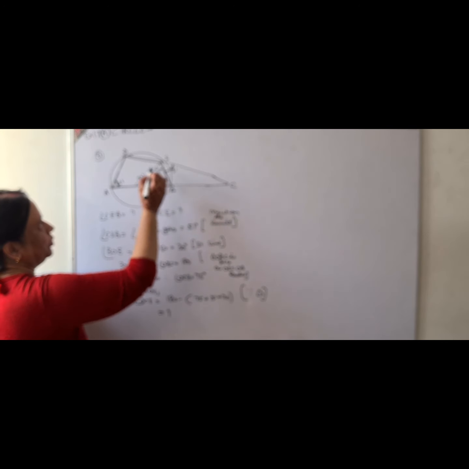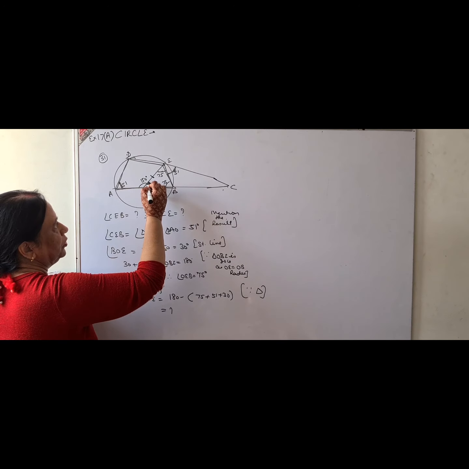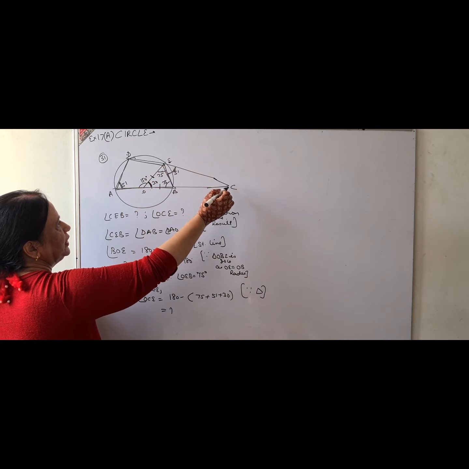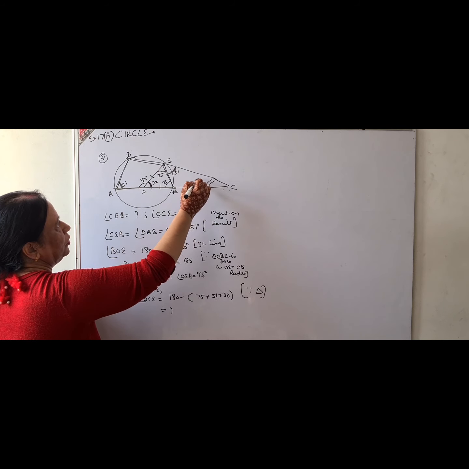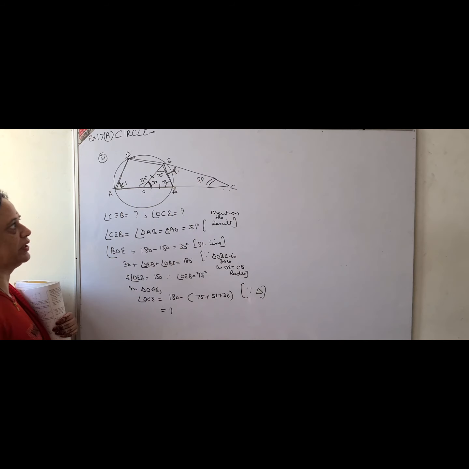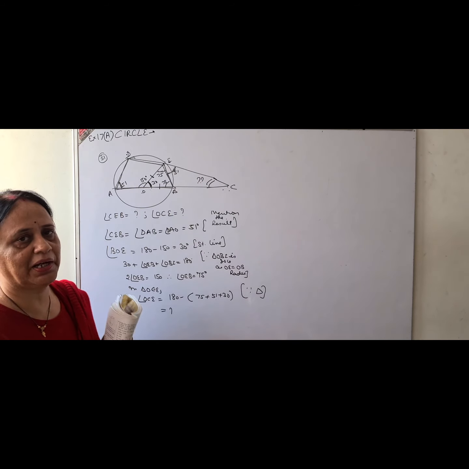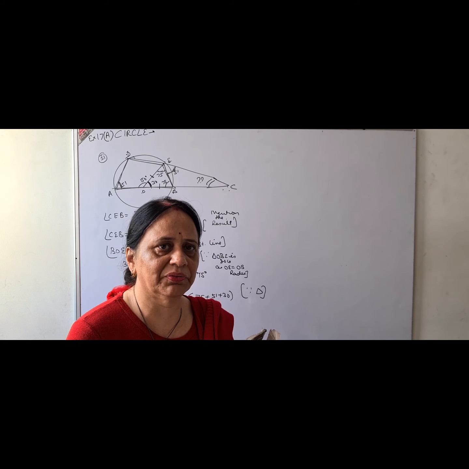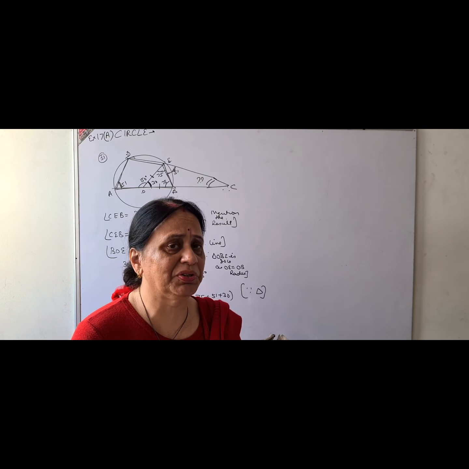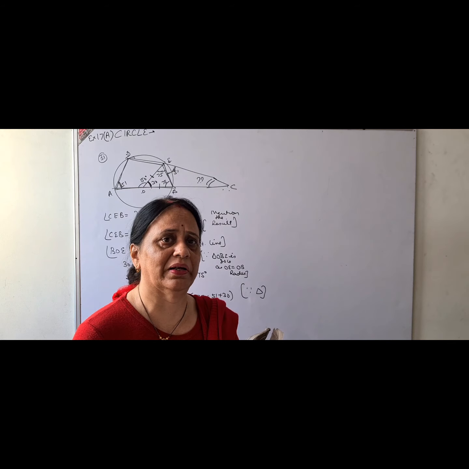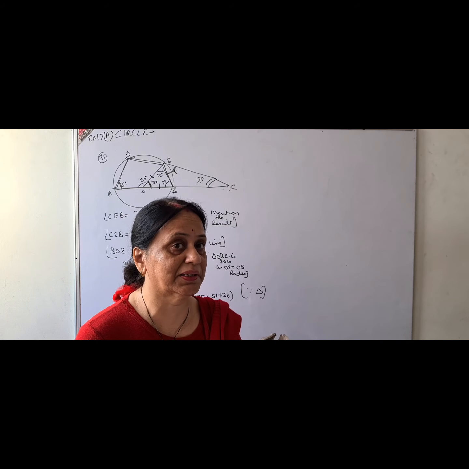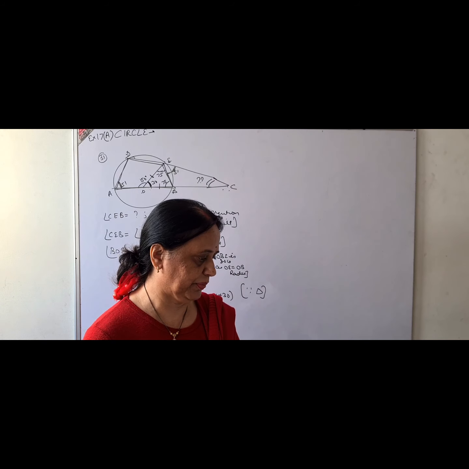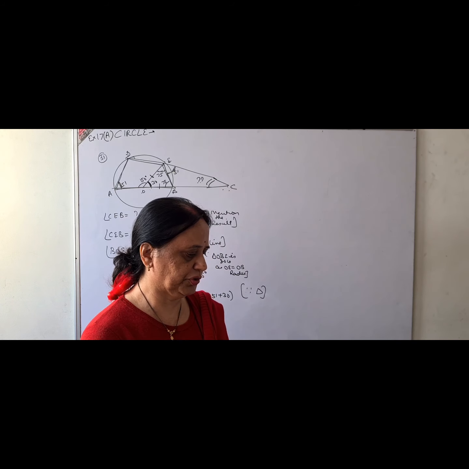Now in triangle OEC, we know this angle EOC, we know angle OEC, we have to find angle OCE. That is why I told you, whatever you have to find, please try to mark with a different pen. You have to draw the figures with the pencil, and the angles which you have to find, you mark with a pen. You will never make a mistake. Just understand it like a tip I have given you. And a very, very important sum of the paper, of course. Then coming to question number 34.